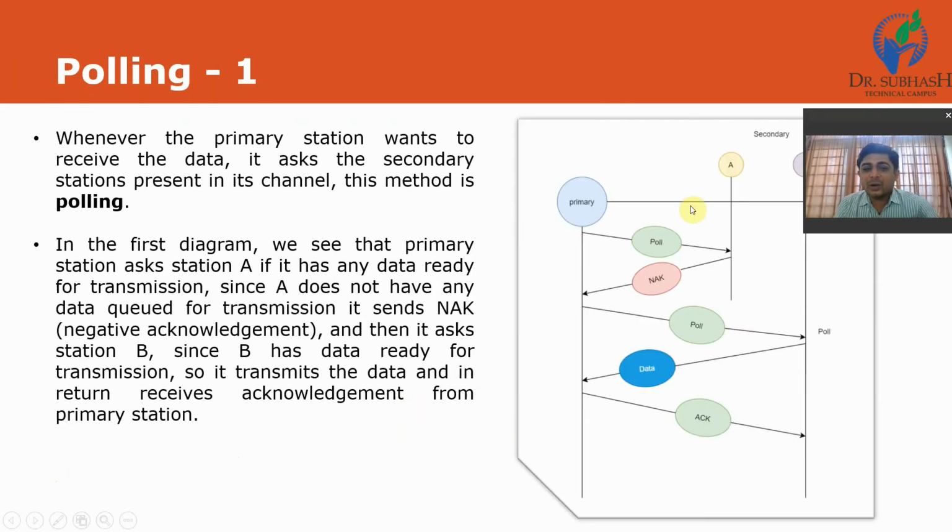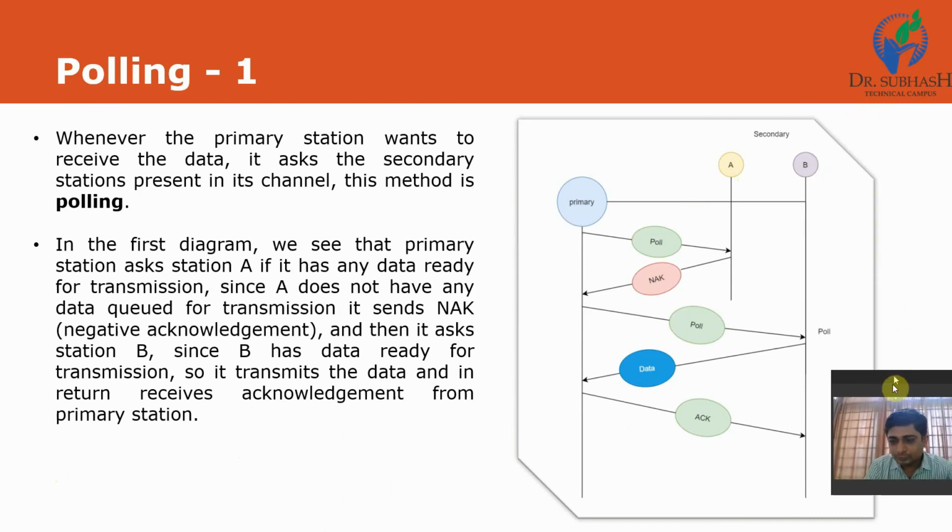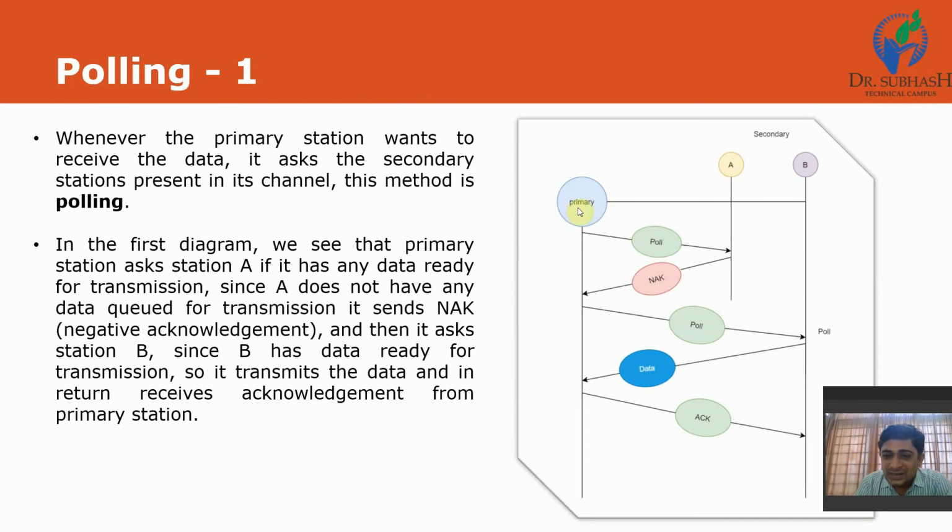Here we have a sender as well as a receiver. In this figure, the primary station and secondary station. When the primary station wants to access the data from A as well as B, the primary station